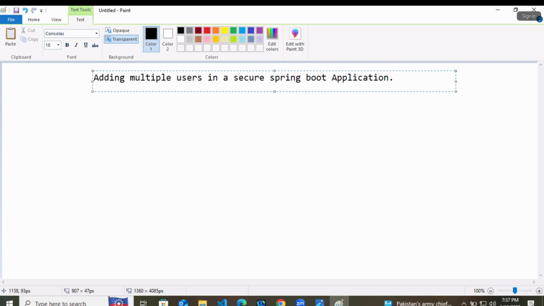So we are going to add multiple users in a secure application.